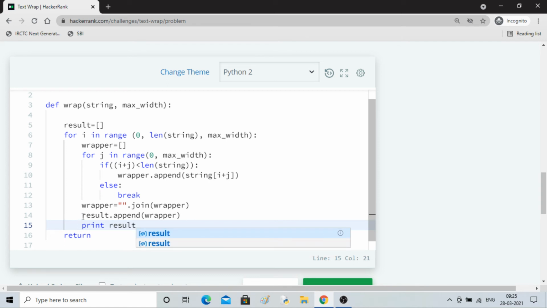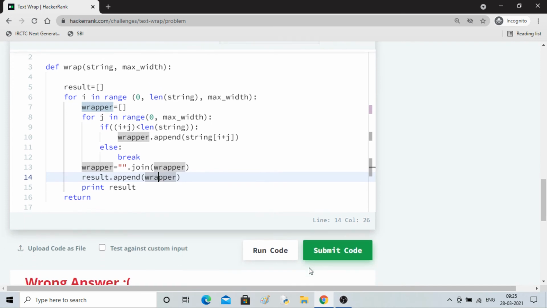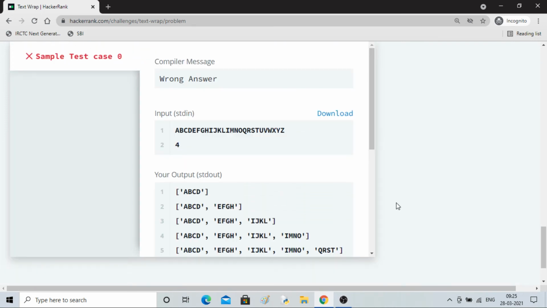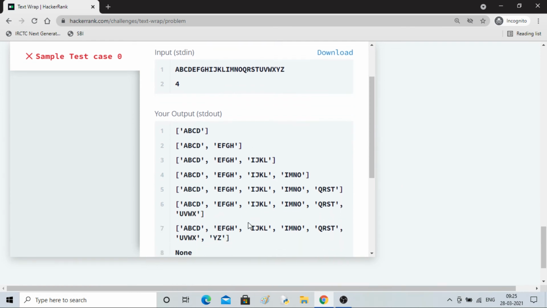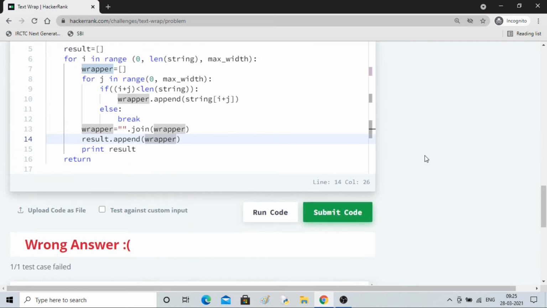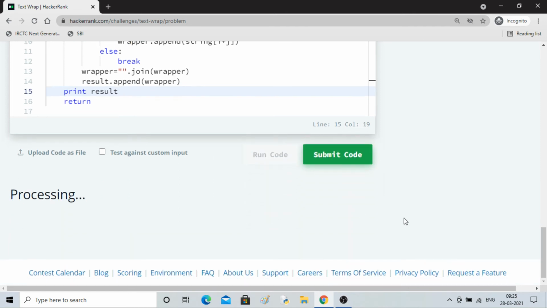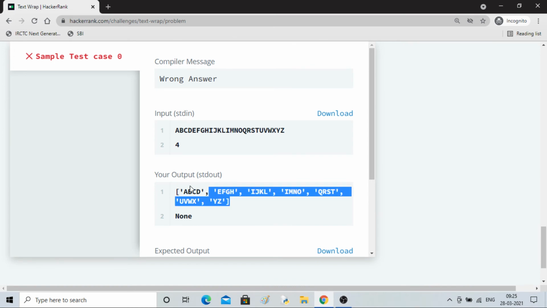It'll keep on appending. Yeah, I think it should work. Let me see. So result, finally we are having everything, right? So now I can remove this and print it outside the full for loop to see how it looks. Okay, so we are getting this.